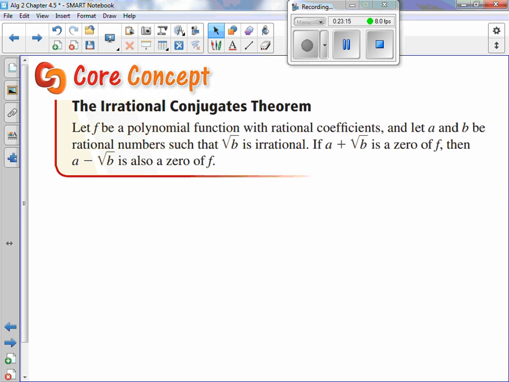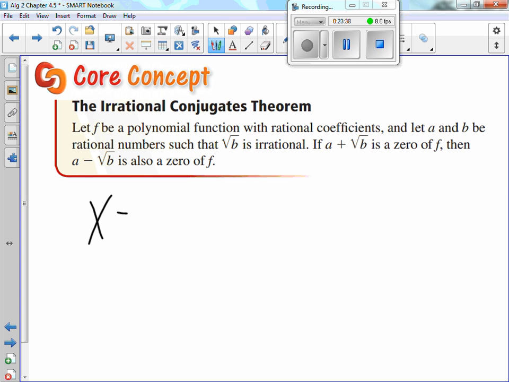The irrational conjugate theorem. Let f be a polynomial function with rational coefficients, and let a and b be rational numbers such that the square root of b is irrational. If a plus the square root of b is a 0 of the function, then a minus the square root of b is also. Really what this is saying is